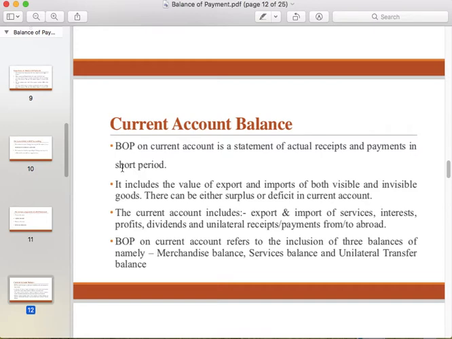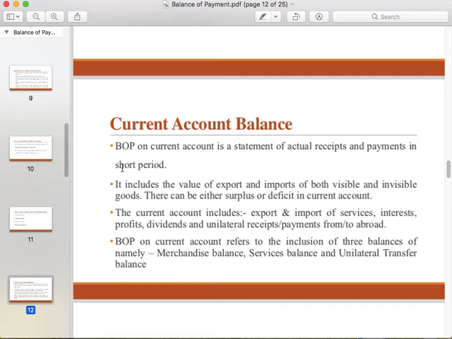Now, the next one is the unilateral transfers or unilateral transfer balance. It is a part of the current account. Now, what is it tracking? Unilateral means one direction, one way. Unilateral transfer means a one-way transfer of funds from one country to another that is made without any counterflow or exchange of goods. That is, if I'm sending something to America and that money is not going to come back, neither is money coming back, nor is any product or service coming back to my country.